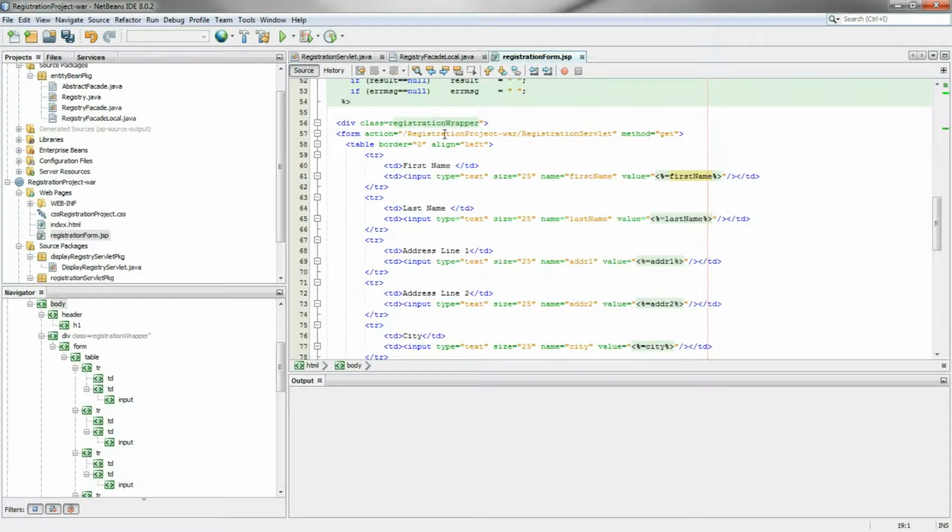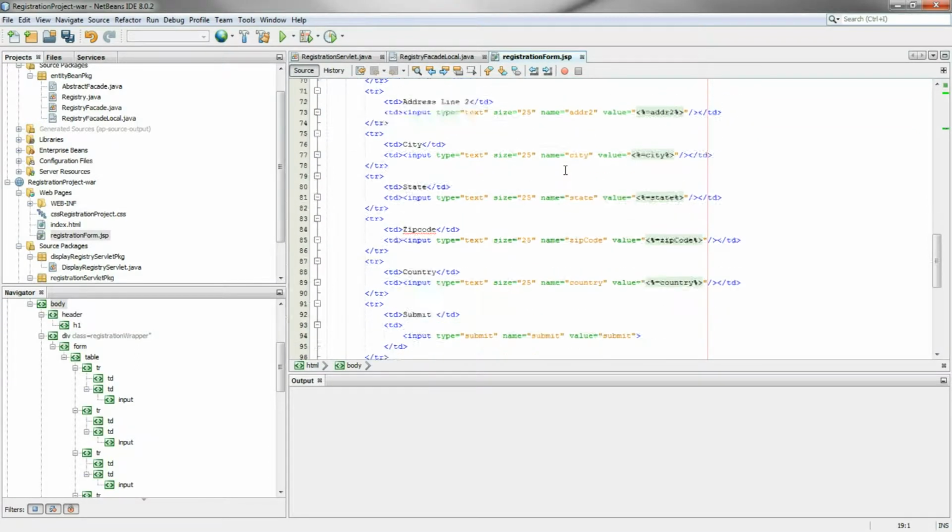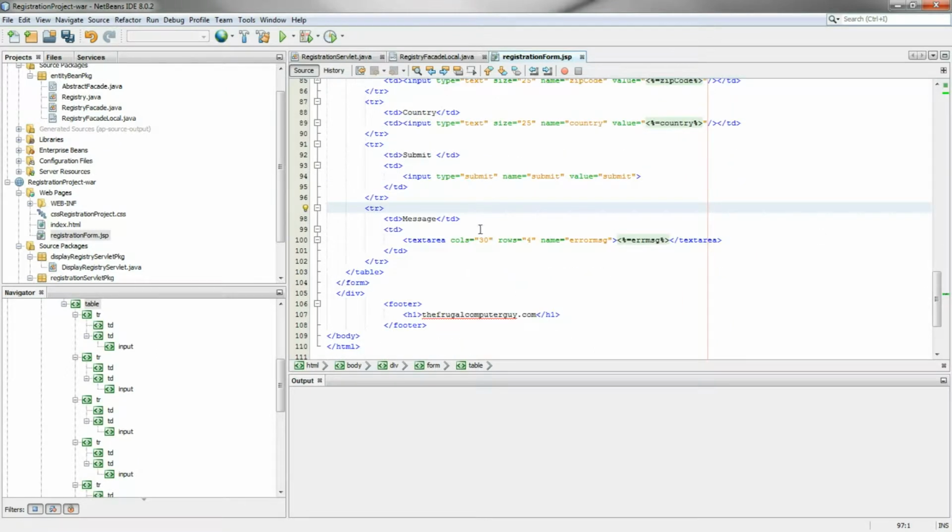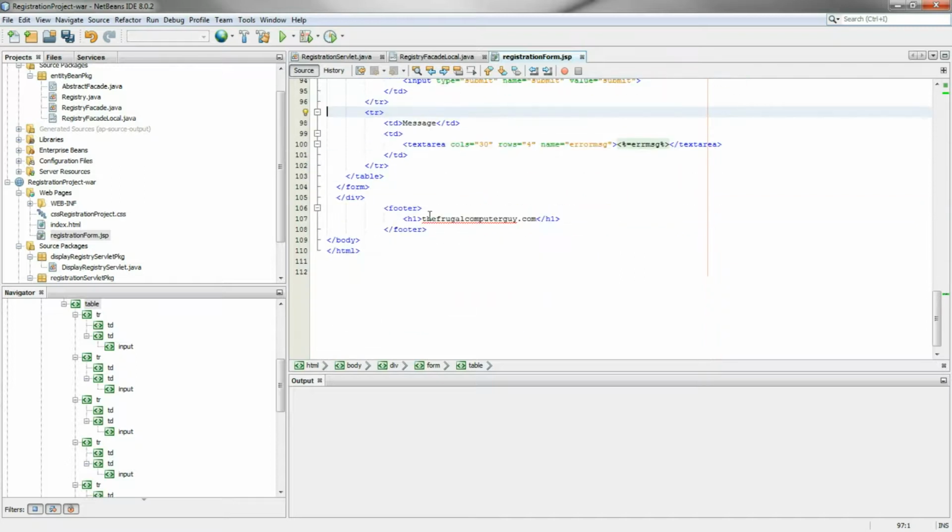The form will call RegistrationProject-war registration servlet. That's that servlet that we just created. It's going to send all these values that we type in, and then it will print out the message if it receives one from this registration servlet telling us that the zip code is not numeric. Then we've got a little footer. That's all there is to this. I will save it,